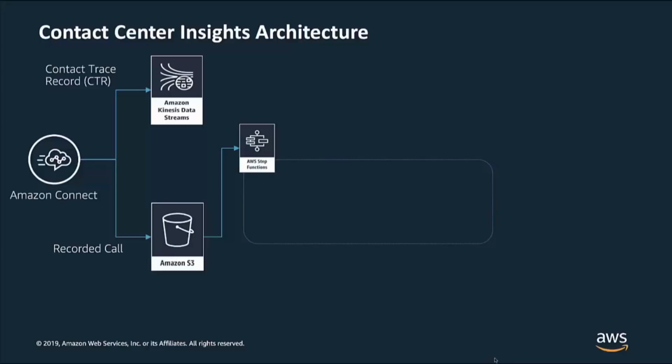In this architecture, the flow takes the Amazon Connect call recordings from Amazon S3 and invokes an AWS step function. AWS step functions essentially allow you to orchestrate an entire workflow enabled by AWS Lambda functions. There will be an initial Lambda function that can start the transcription job. Essentially, it takes the call recording file and processes it through Amazon Transcribe.